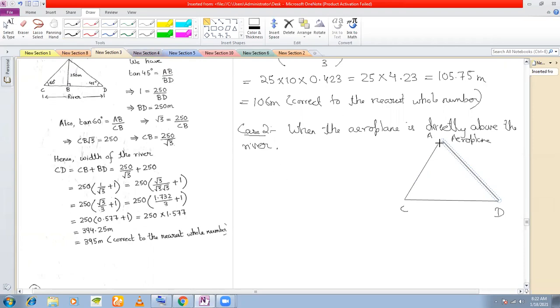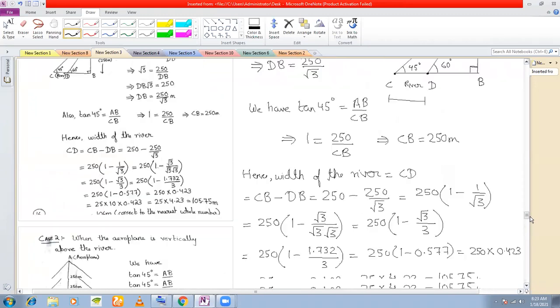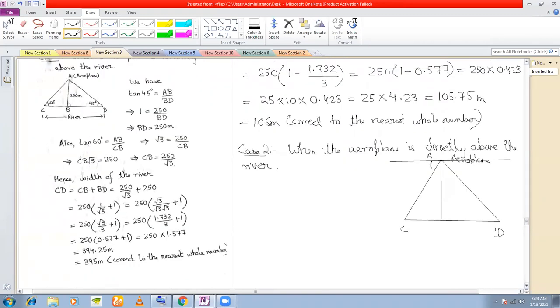Okay, and from A, this is the height of the plane from the ground, the perpendicular distance. This is the height. Now, this is my horizontal also. Why am I drawing the horizontal here? Because the angles of depression are given. And what are the angles of depression given? The angles of depression are given to be 60 degree and 45 degree. So that means this might be my 60 degree and this might be my 45 degree. You can take the other way around also.